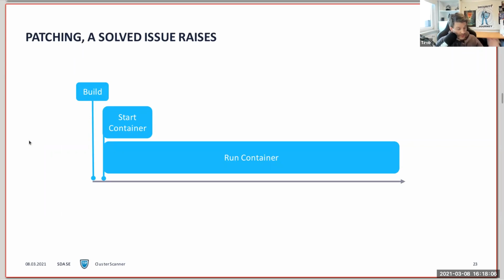So now we're talking about the different scans which are there. One problem which I experienced, which I saw solved, raised its head again with containers: patching. When you talk about patching in containers, we first have to take a look at how it actually works. So you build a container image, then you start the container based on that image, and then you run the container here. And then you might build again. But this build is only important in case you actually stop the running container and start a new one. This here is a bit useless,